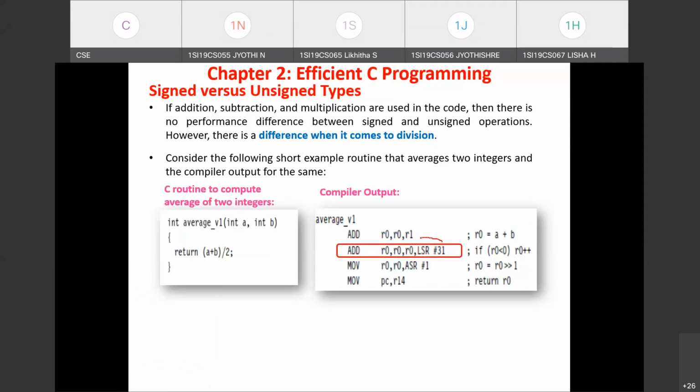Just see, we are performing logical shift right 31 times. If R0 has a negative value, what will be the sign bit? Sign bit will be 1 or 0? Are you all there? Can anyone respond? What will be the sign bit?